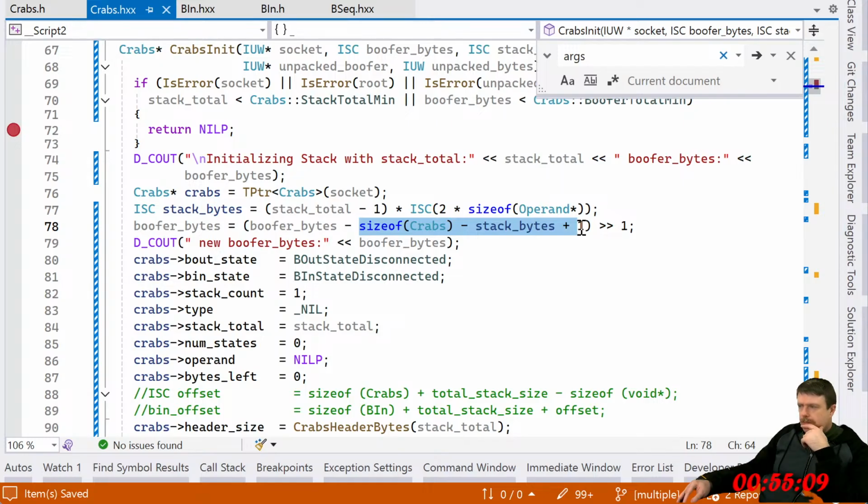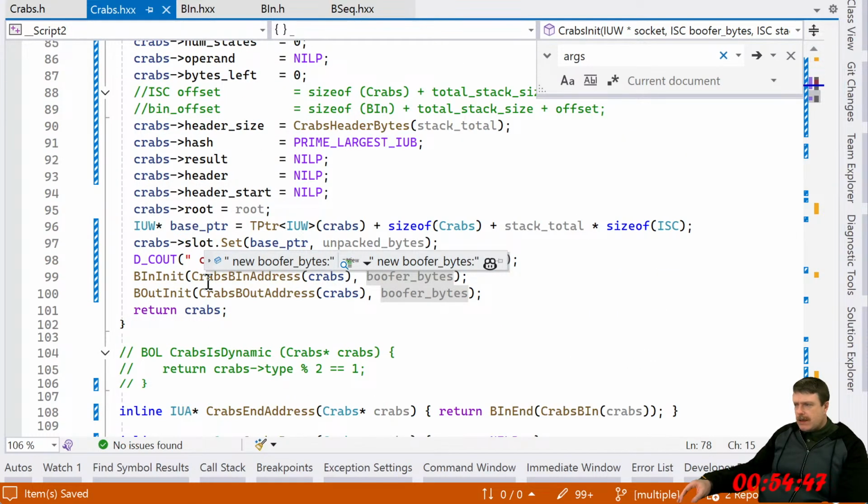Okay, so stack one plus 1. What's the plus 1 from? And 2. So here's the divide by 2. Buffer byte.